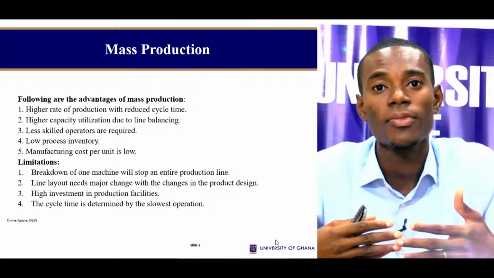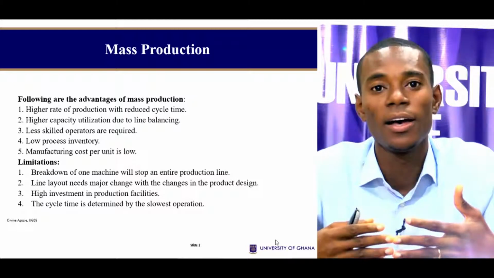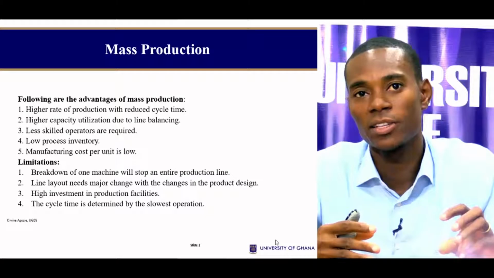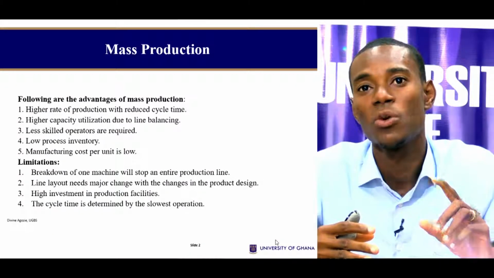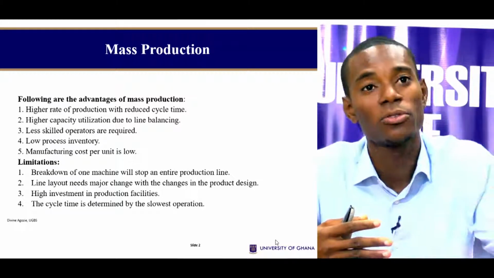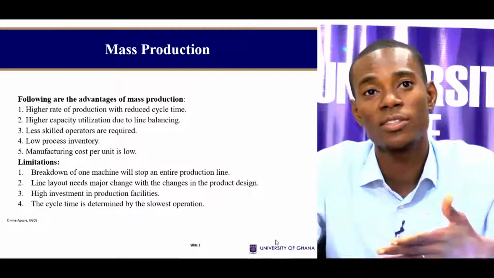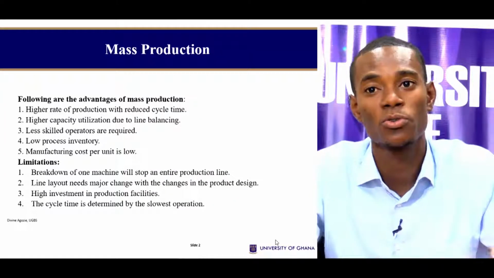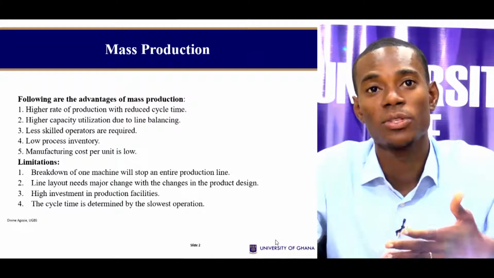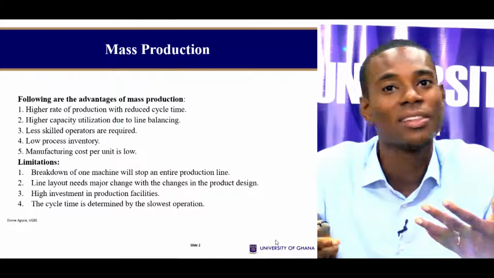And so, if we say that it will take us 2 minutes to produce maybe one aspect of a product, and then when it moves to the second stage, it will take 4 minutes, then the cycle time we will consider for all the stations would be 4 minutes. Because if I produce in 2 minutes here, and then I assume that the entire line should use 2 minutes, whereas one station will use 4 minutes, you notice that there's always going to be queuing at the station where you would have higher time to use. And so the slowest operation determines the cycle time, and that is some disadvantage.